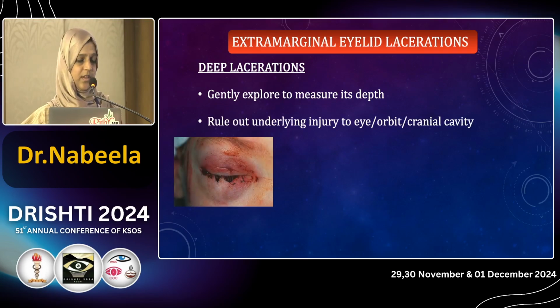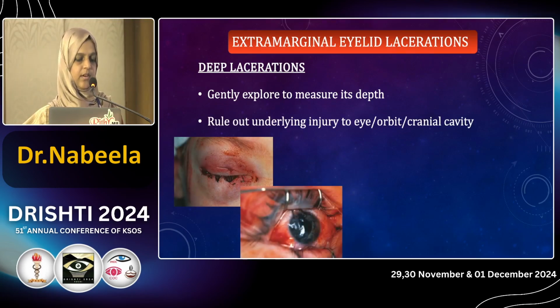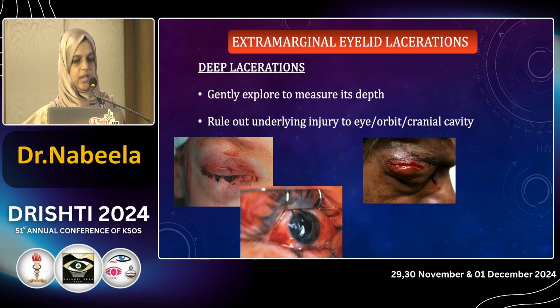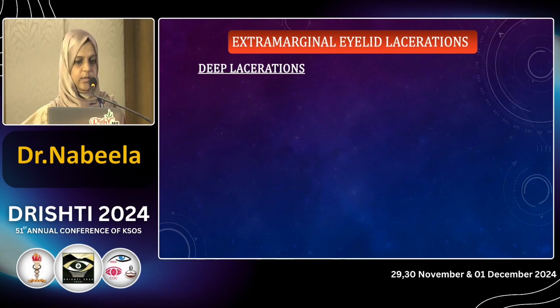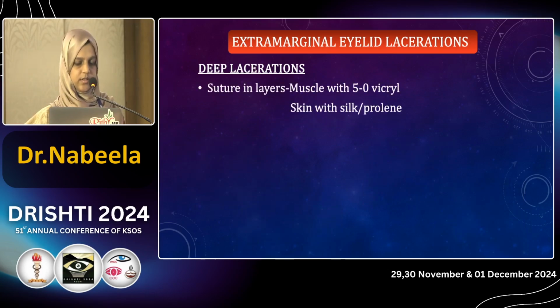So wounds which may appear superficial outside may have an underlying extensive injury like this. In this case, a globe rupture. So a deep wound again extending up to the orbital rim. So when you have a deep laceration, suture it in layers, muscle with a 5-0 Vicryl and skin with a